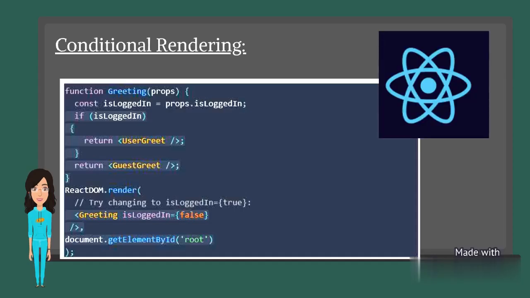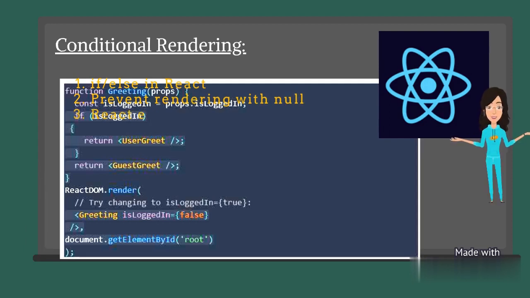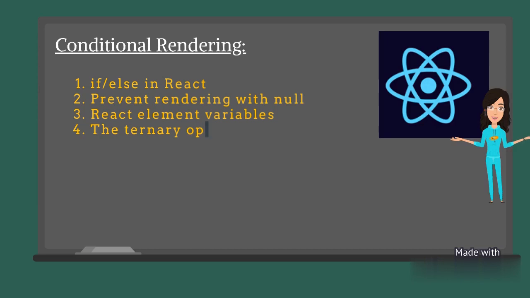So in React, conditional rendering refers to the process of rendering elements and components based on a certain condition. There's more than one way to use conditional rendering in React. As with most things in programming, some are better suited than others depending on the problem you are trying to solve. So now you know how to write an if-else condition in React.